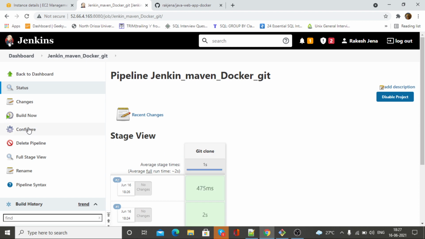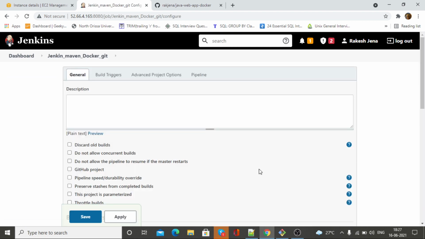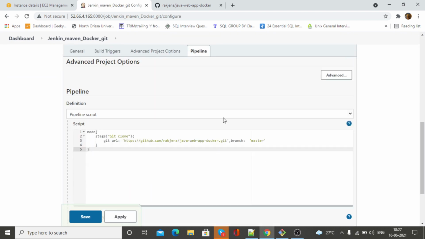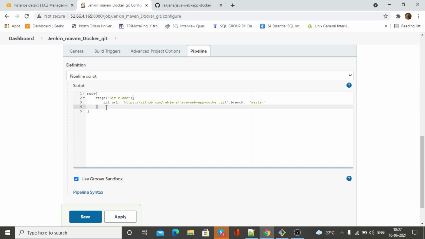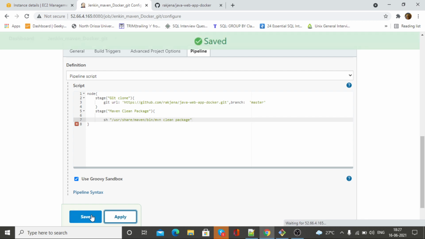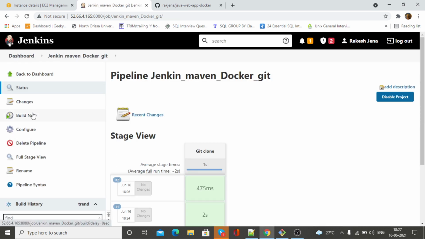Go to project configuration, then pipeline. Here I have to paste it. Okay, here what we are doing is Maven clean package. So I am putting sh, then the path to Maven clean package. Okay, apply, save, build now.